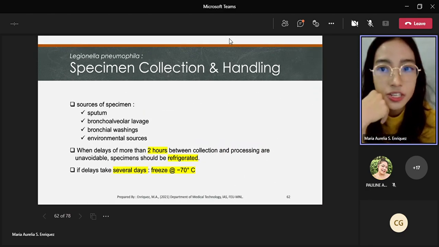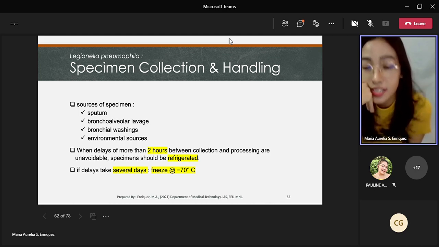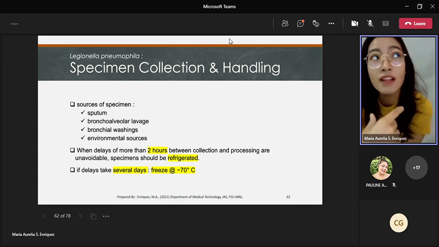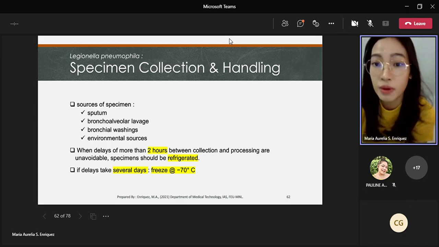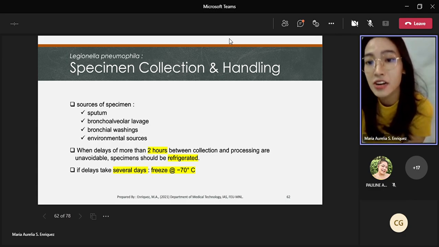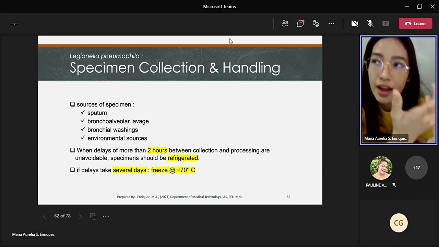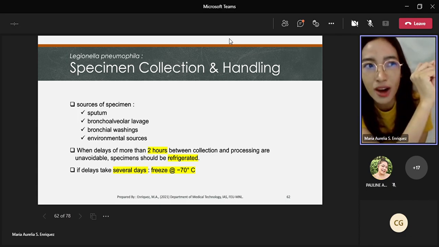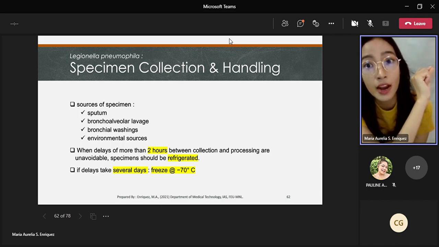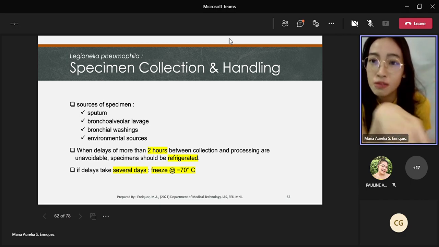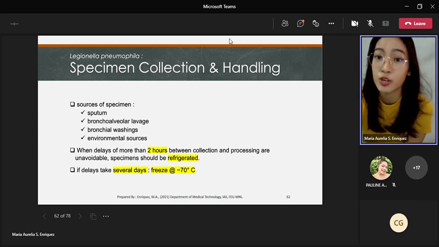All right. Now, since legionellosis is a respiratory disease, the appropriate sources of specimen would be sputum or bronchoalveolar lavage. And for purposes of public health investigations, in cases of an outbreak, environmental samples may also be collected. So, for example, ayun nga, nagkaroon ng outbreak, pwede pong magkuha ng mga swabs from the air conditioning systems dun sa area kung saan nagsimula yung outbreak. If they suspect na swimming pool or jacuzzi yung source of infection, pwede rin po kumuha ng water samples dun,